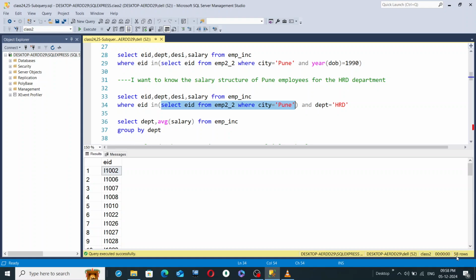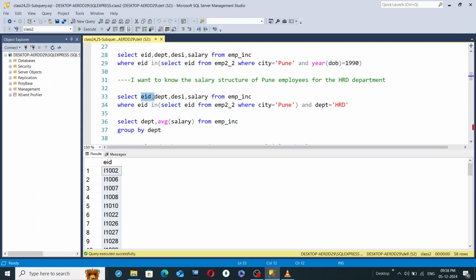When I run this inner query, 58 EID values are displayed, and all these 58 values will be mashed up under the EID column of the table EMP_INC, and whichever EID values are filtered out, only those will be selected, and correspondingly